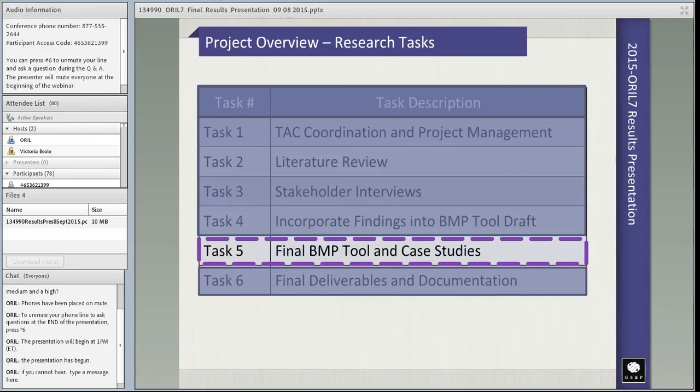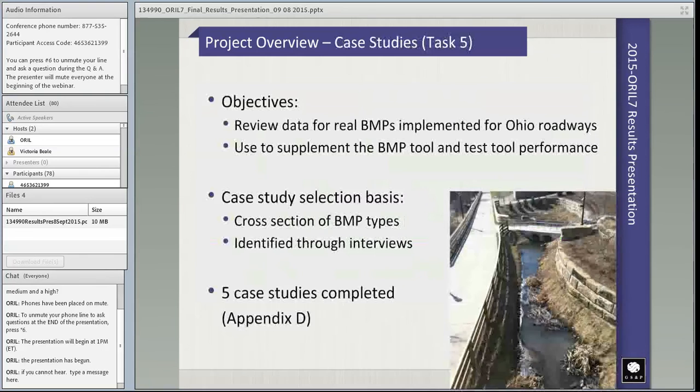Developing the final tool, and another outcome of the research was 5 BMP case studies. I'm going to start with the case studies because we're going to then shift over to the tool and just finish off with the tool the rest of the time. So through the interview process, we were also contacting the stakeholders and asking them for potential BMP case studies. And we ended up identifying 5, a cross-section of BMPs